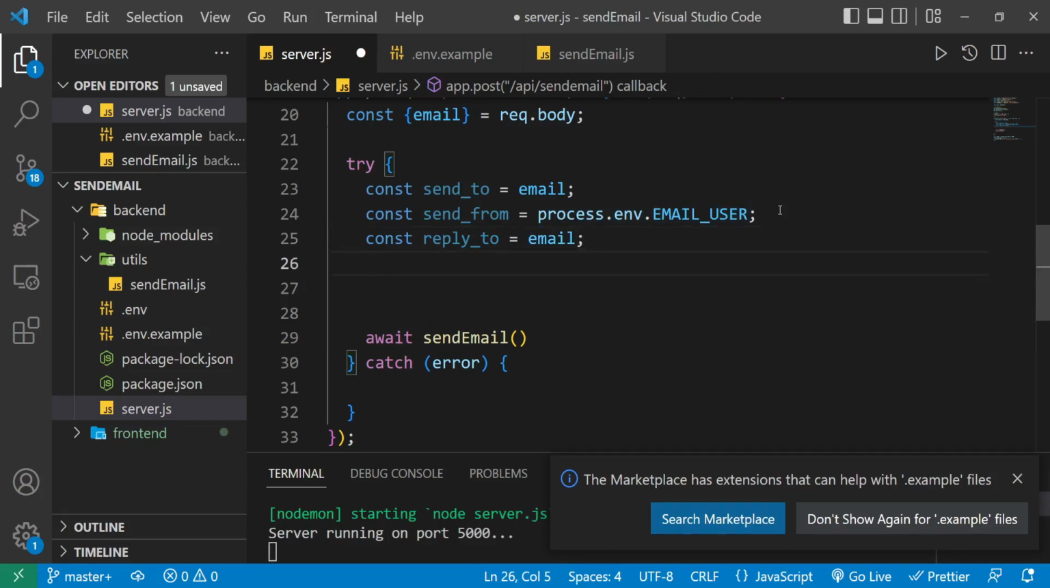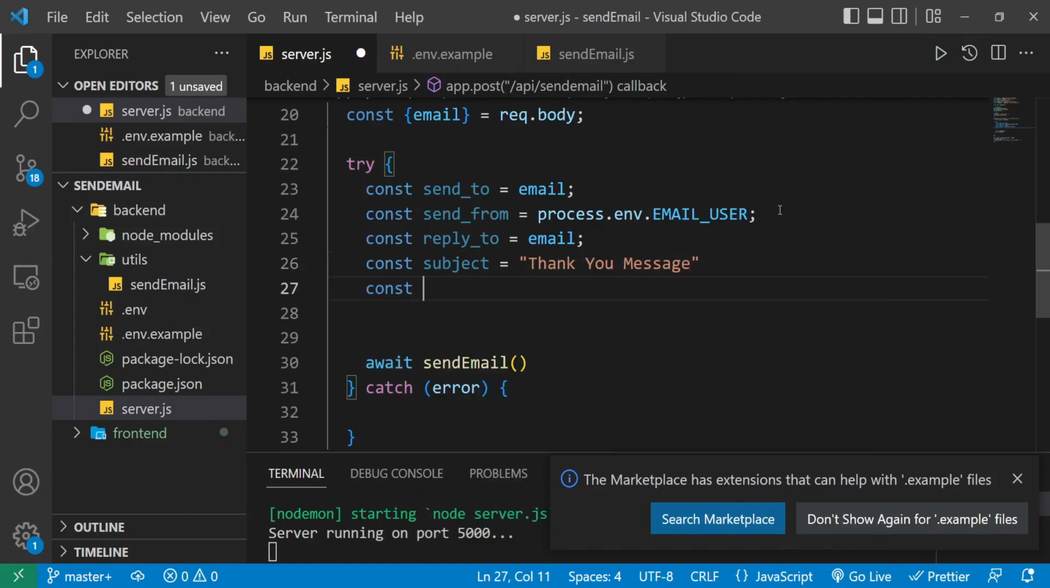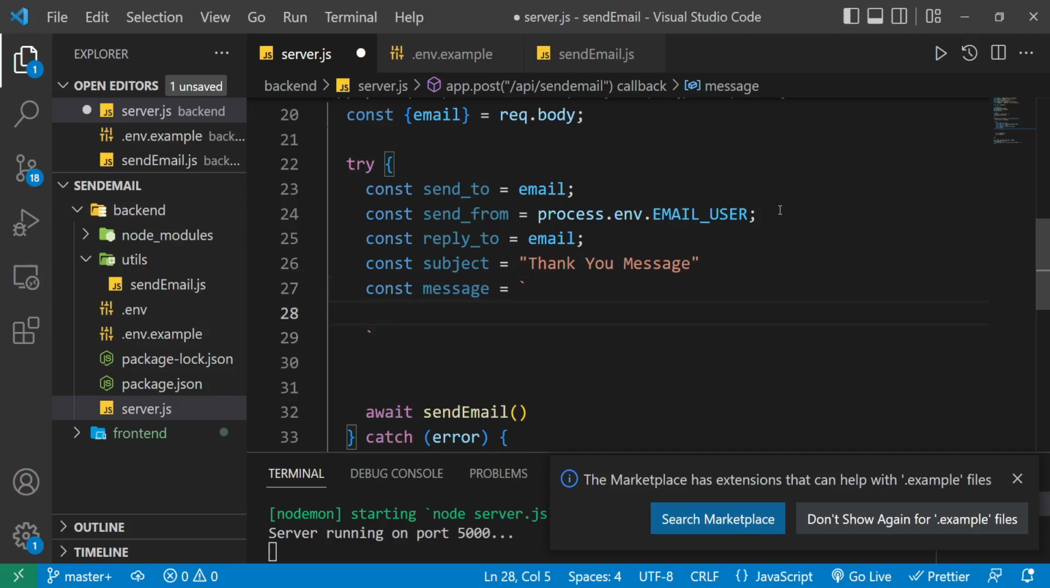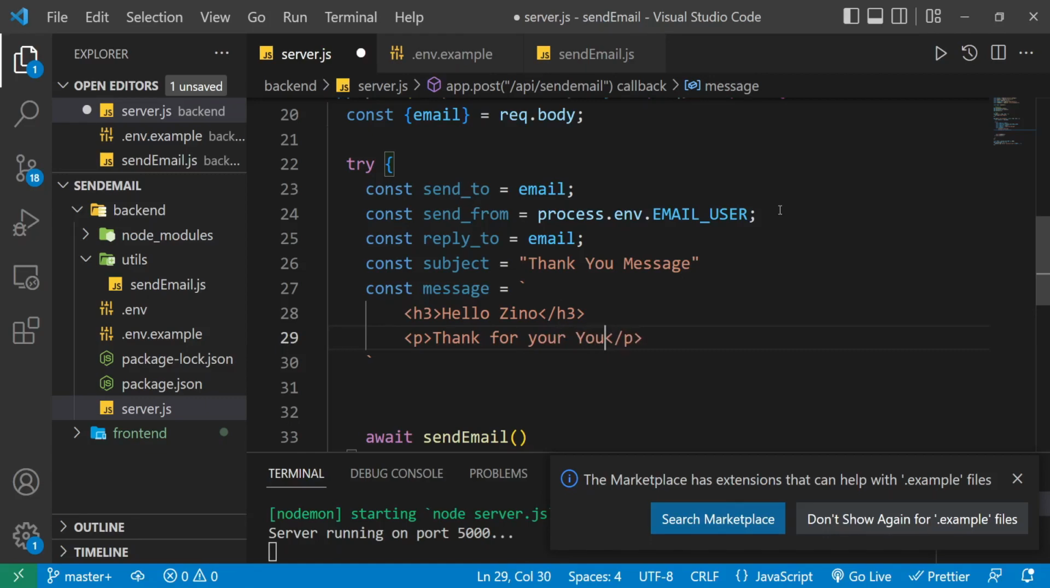So const subject, and that's just going to be equal to something. So here let me just say thank you message. Then lastly we're going to have the message, so I'll say const message, and that's just going to be equal to, now I'm going to use backticks because I want to add HTML inside. So simple message, I'll just add h3 there, and then I'll say hello Zino, and then let me just add a paragraph and say maybe thank you for your tutorial, thanks for your YouTube